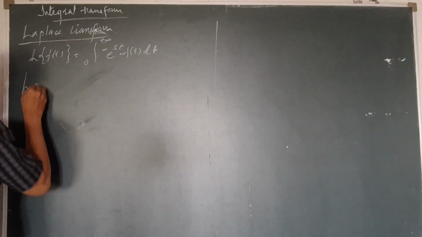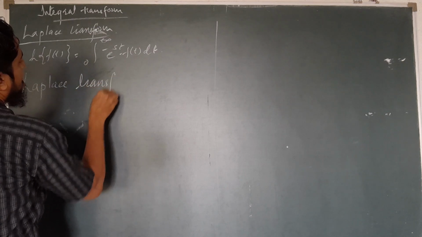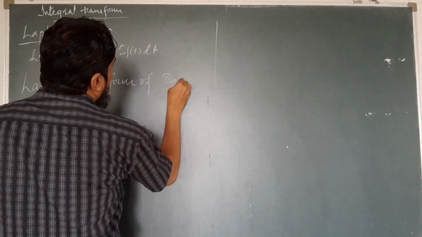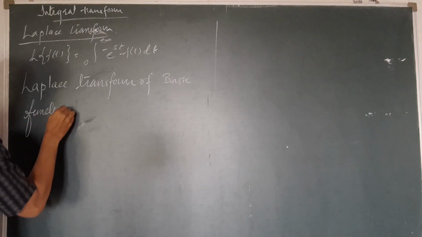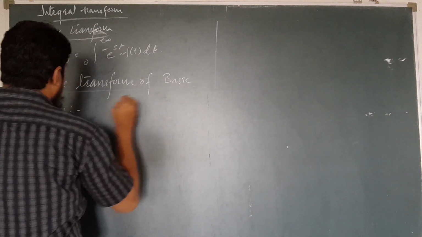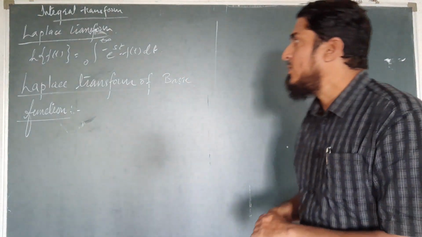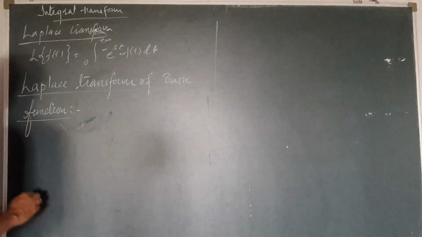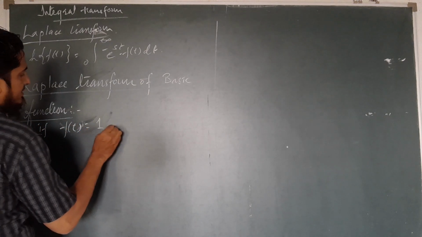Now we are going to find the Laplace transform of some basic functions. As we have seen, f of t is a real valued function, so we will start with function number 1. If f of t is equal to 1, then